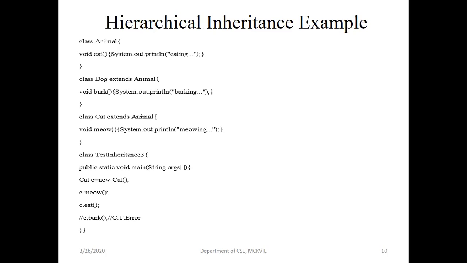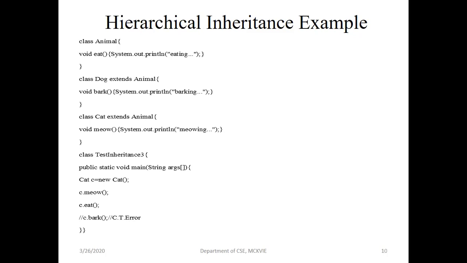And in the main method, I have created an object of class cat. The name of the object is c. Now c dot meow will work fine because it is defined inside class cat. c dot eat will also work fine because the eat method is defined inside the parent class animal. But the bark method will not work on c. Why? Because